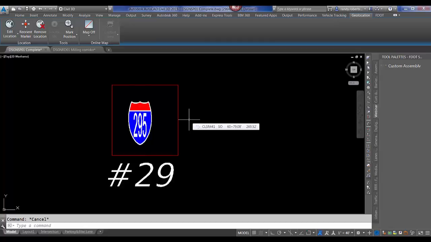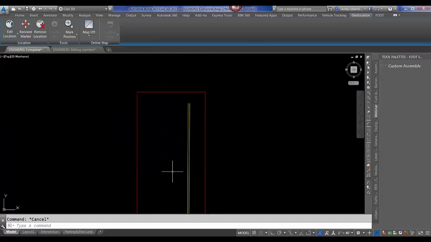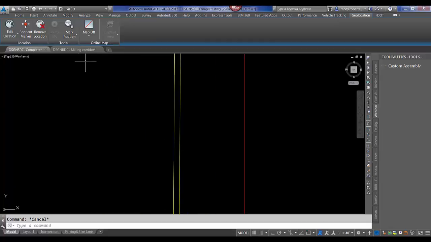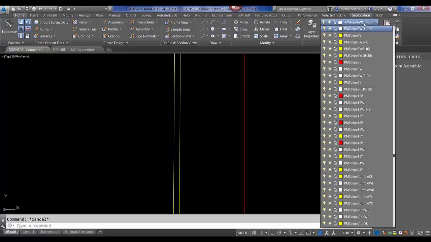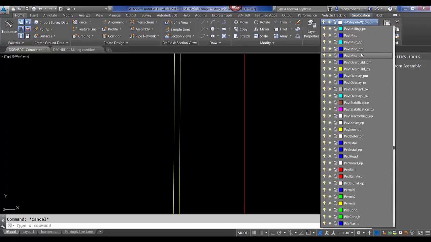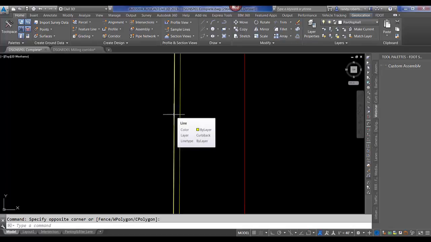All right, number 30, offset to current layer. I added some more, that's why the numbers are off. But in this case, my current layer, let me change my current layer back. Pavement asphalt. Okay. All right, so I have here, we'll say this is curb and gutter, which it is. Here's the curb face. Here's the curb back. They're each on 2 layers. Curb and gutter itself is on 3 separate layers. So